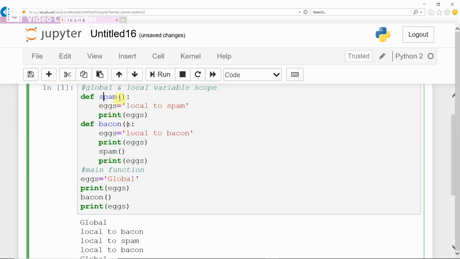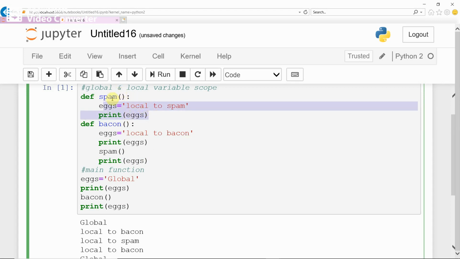In span you stored "local to span" in x. After calling span you are trying to print x. In the span function there is a print function, correct?